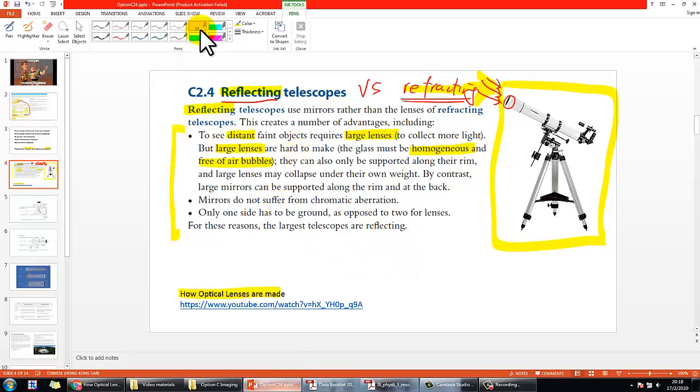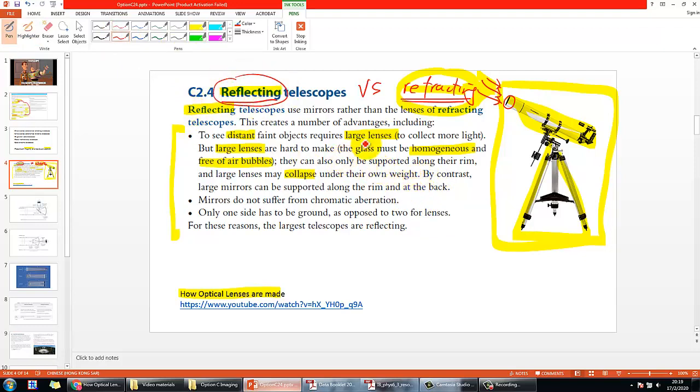Since you have to make a very large lens for a refracting telescope, there is a problem, because the lens must be very heavy. If you try to build this one like we have here, you can see there's a support right here. If this gets very heavy, then your support has to be very strong as well, and it would easily collapse. So that's why for building a larger one, people usually prefer to build a reflecting telescope,